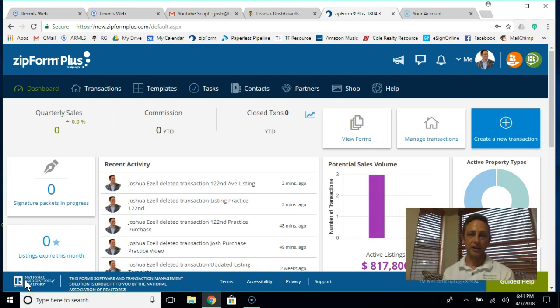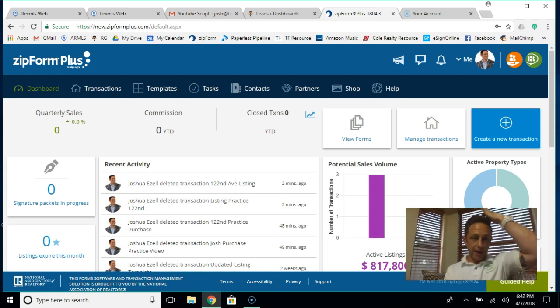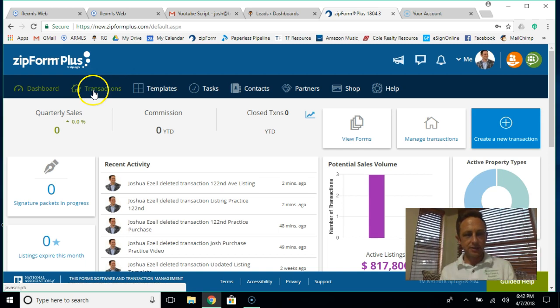In our final training, we're going to go over how to input a listing. Now, inputting a listing is not necessarily difficult, but it can be very time consuming. And we want to utilize any opportunity we can to save time and eliminate errors whenever possible. So let's go ahead and jump into this example of